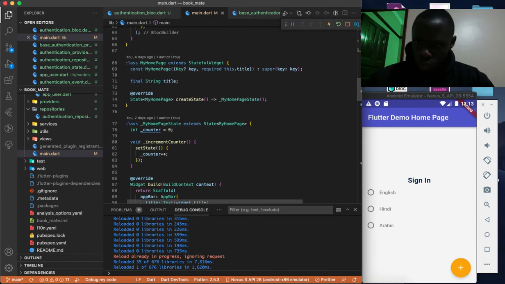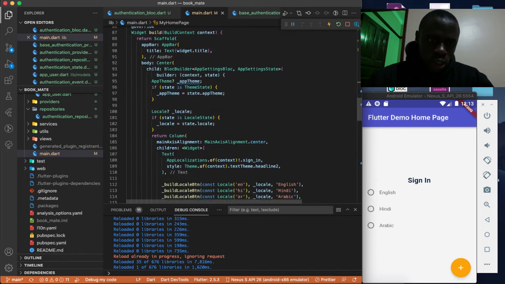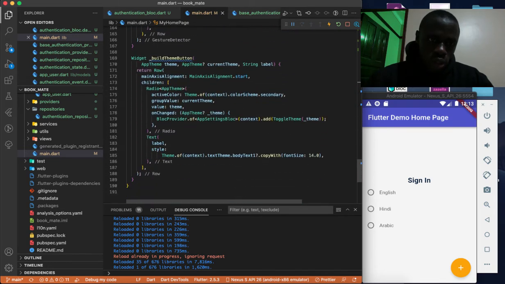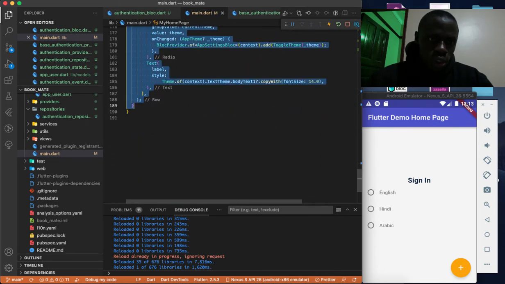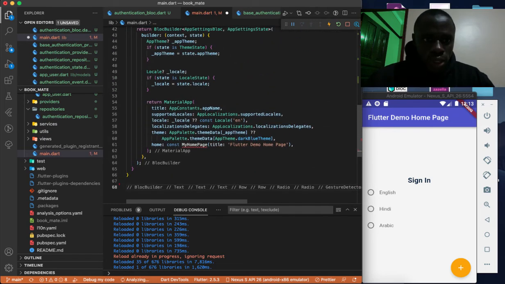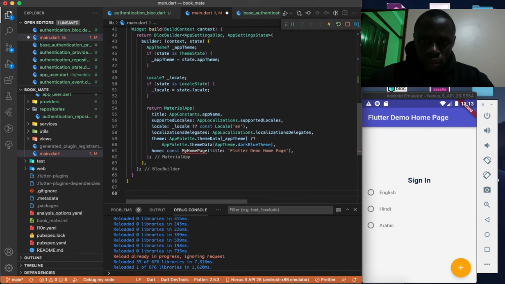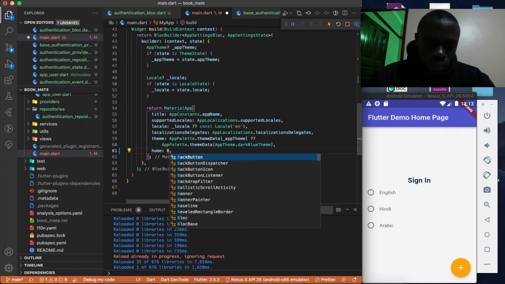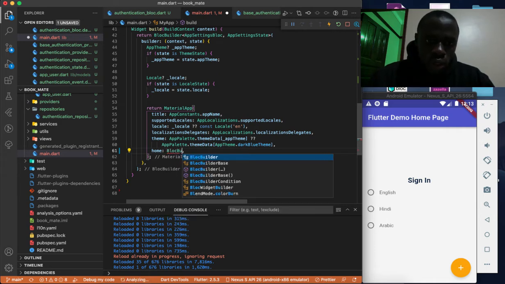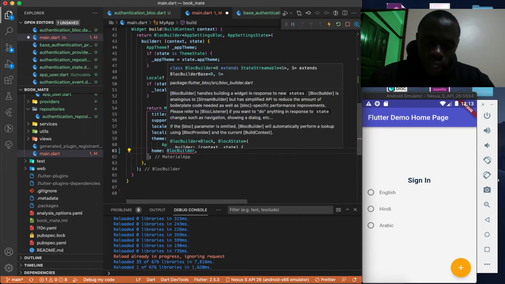And now when we come back, actually, we need to remove this home, so that we no longer need it. Actually, we now need to have something which is good officially. Remove that, and also this, remove it. So here we're going to have a block builder, a block builder of type authentication block,